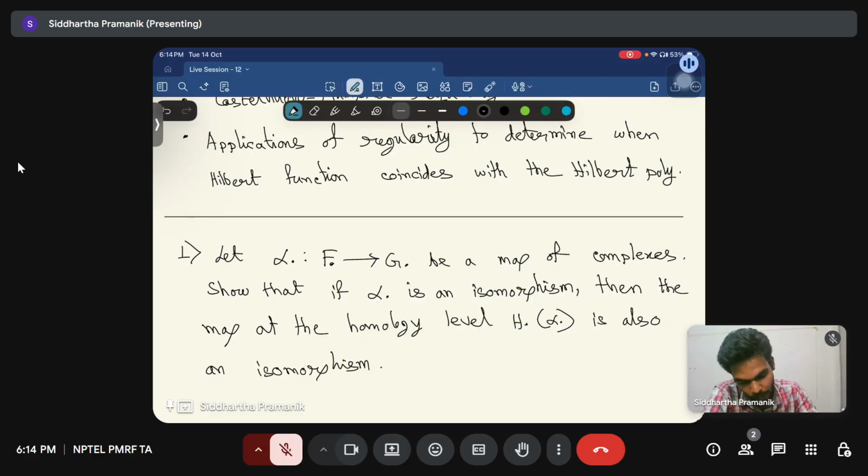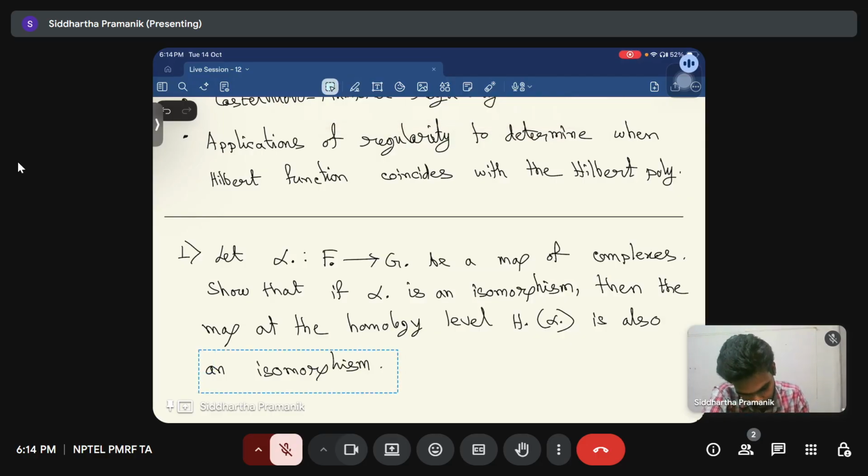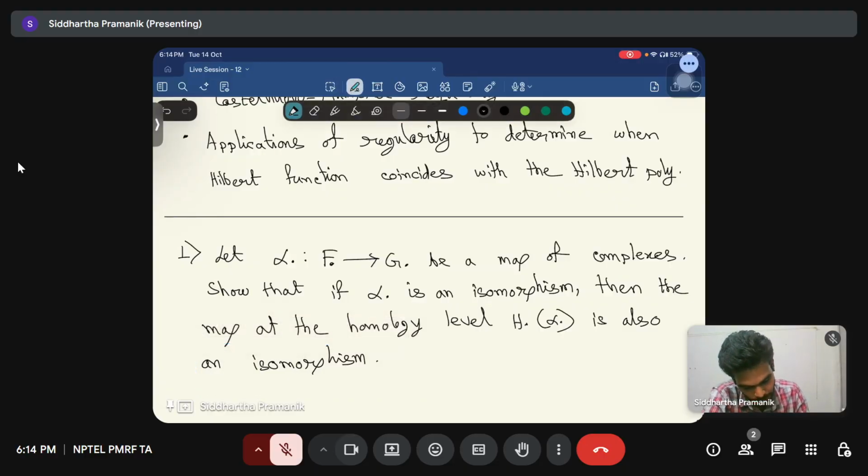So if alpha dot is an isomorphism, then h dot alpha dot is also an isomorphism, and also